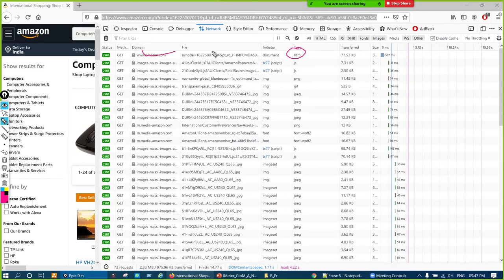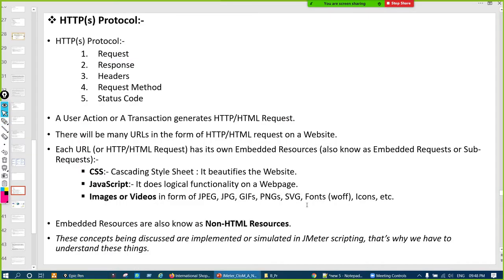This is the request, and these are its embedded resources. Okay, so many images, CSS, fonts, GIF, JS file, JavaScript file. JS means JavaScript file. Right, here you can see scripts are also there. So the embedded resources are made of cascading style sheets. CSS means cascading style sheet. JavaScript, JS file, and